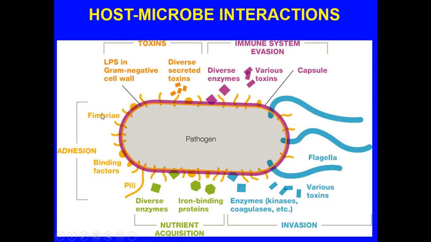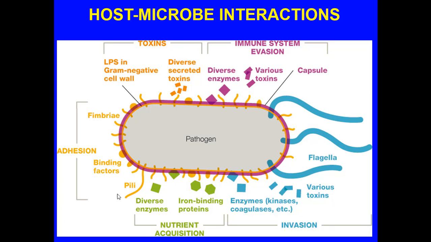When we talk about adhesion, it's got to attach to something. If we're talking about the pathogen attaching to cells or to tissue, it's going to have various structures. The fimbriae, the binding effectors, some of them may actually bind to specific cell receptors on the host targeted tissue. That's why, for example, some viruses will only attach to certain cells in the respiratory system. If those receptors are not there, no infection occurs.